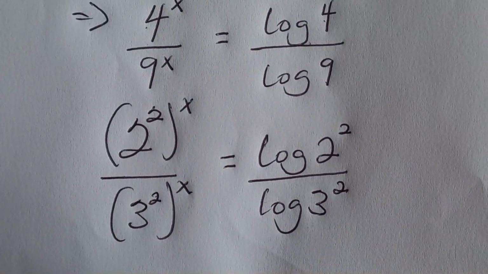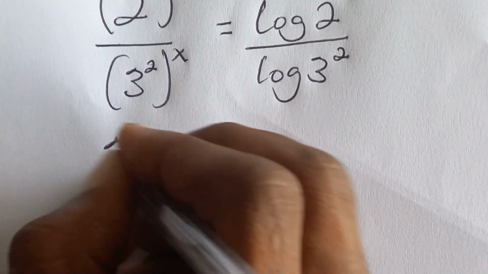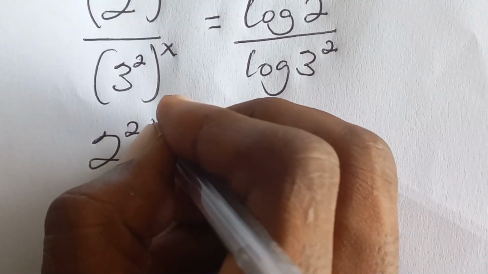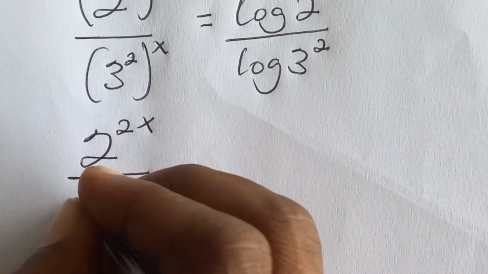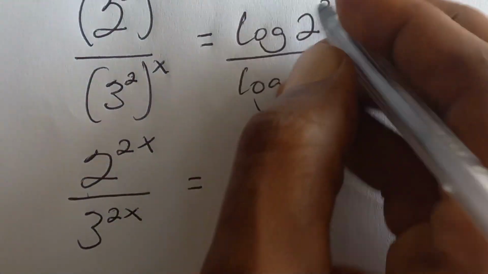Okay, so now you can say that we have 2^(2x) on 3^(2x), which is equal to